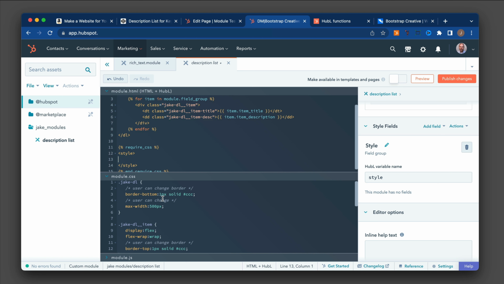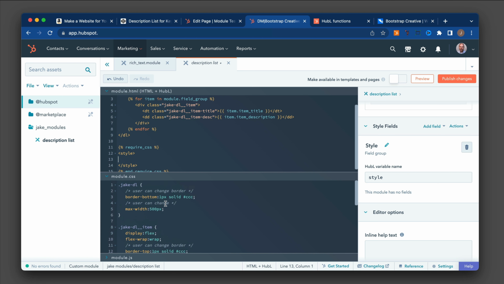So let's do, I'm just going to do one of the options here. Let's do this one here, where they can set the width of the module to be full width if they want it to be. Let's make it a Boolean, so it's like a yes or no. Do you want it to have max width of 500, or do you want it to be full width?